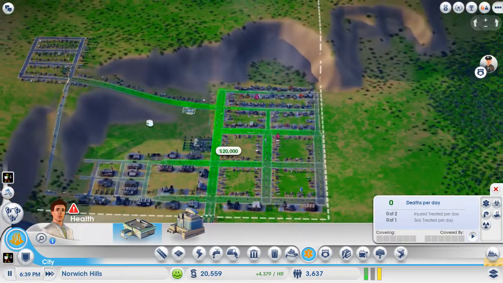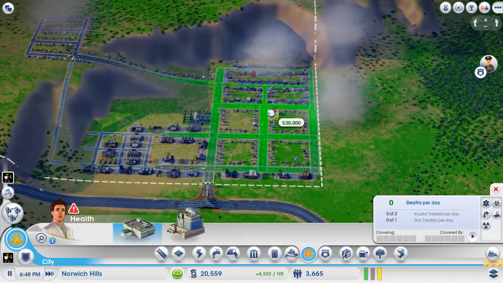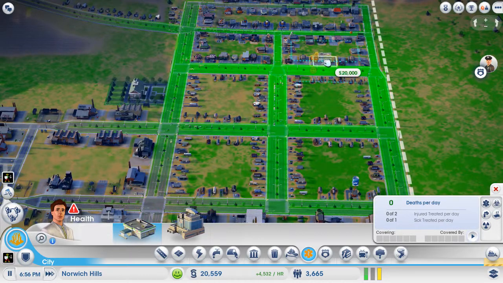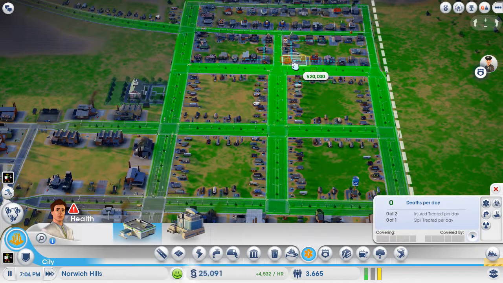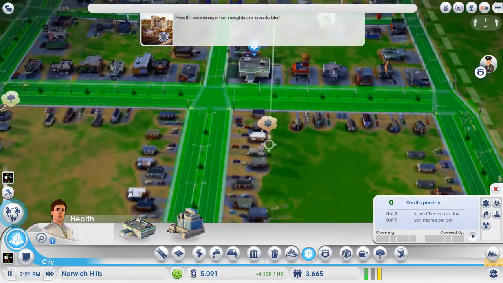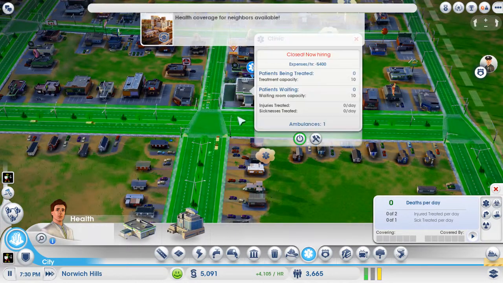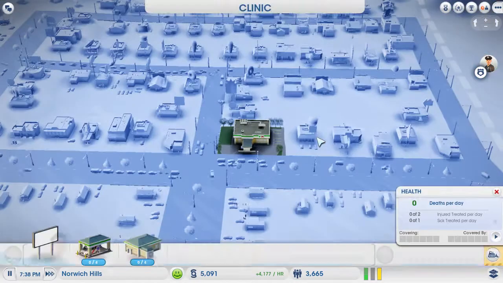Let's see, and the hospitals only cover a certain range as well. So if we plop this downtown here, that should cover most of our citizens here. At least the residential and commercial. That seems to be the epicenter of the hospital need at the moment. Seeing it's closed, it'll take a couple in-game hours at least for them to be stocked enough